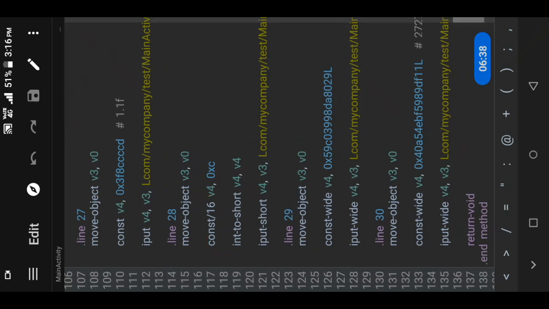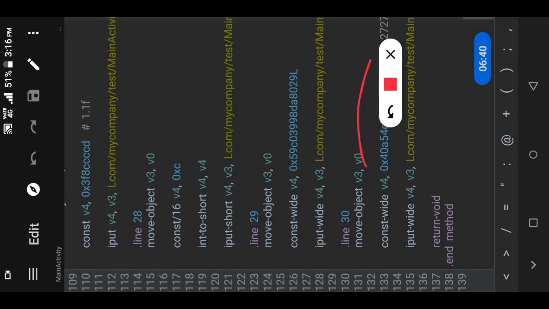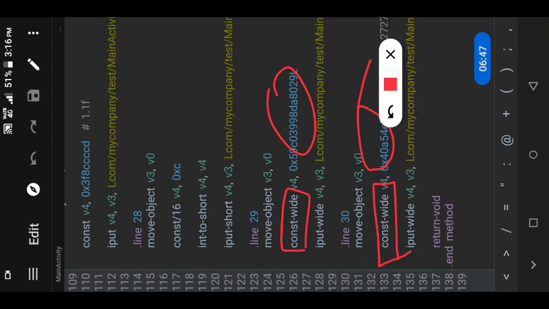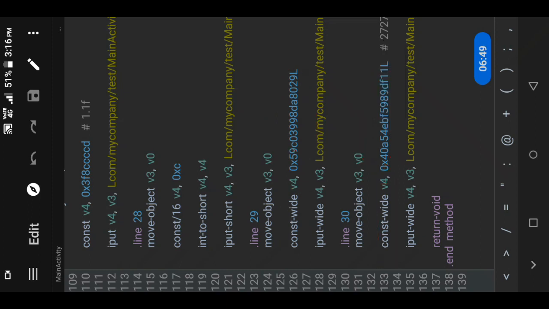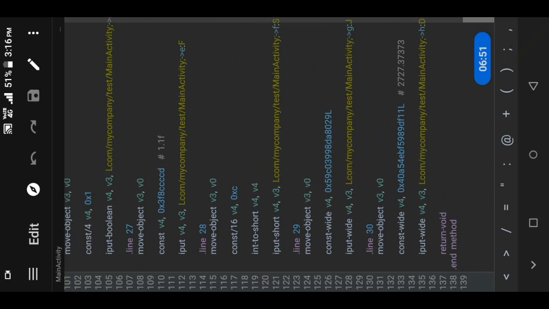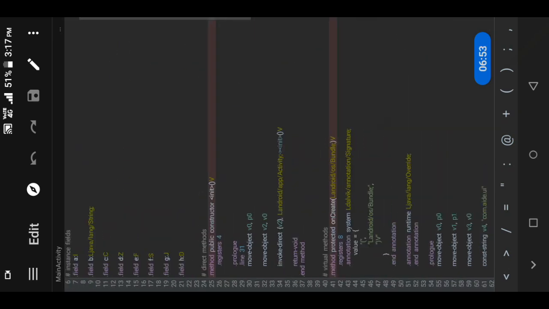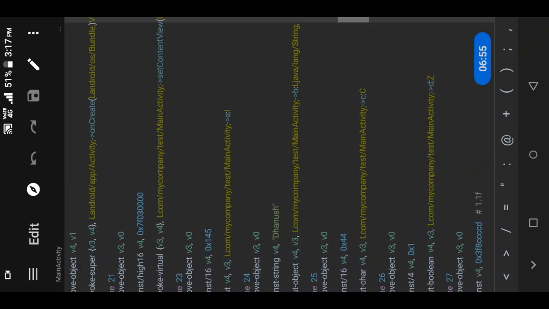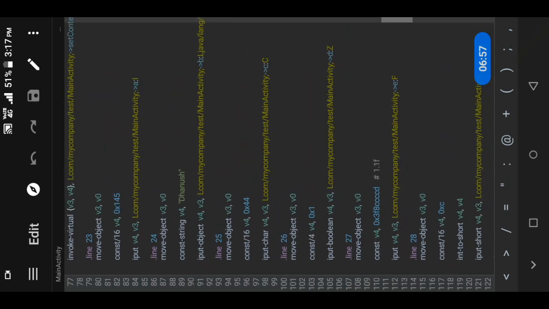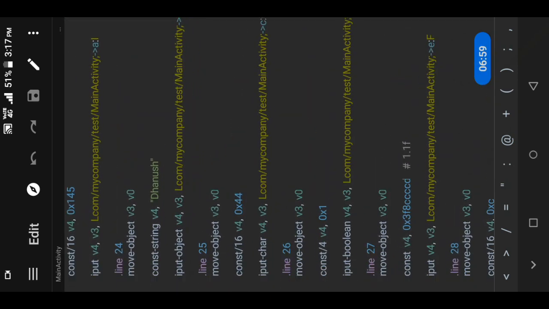For double and long we have a wide range of numbers, so we use const wide. We also have others like const wide 16 and something else, which we will deal with later. By this you can understand how constant and input values are written in Smali code.